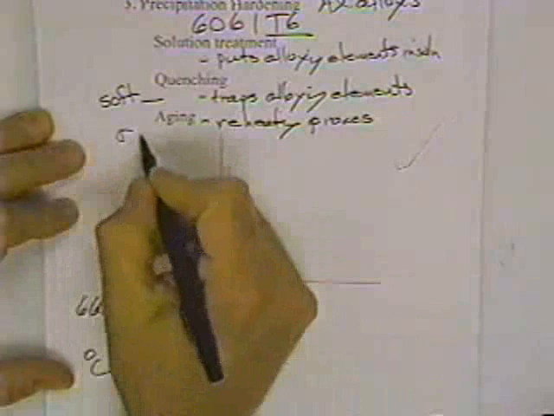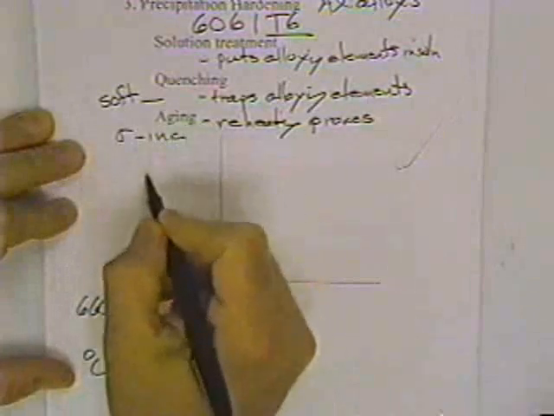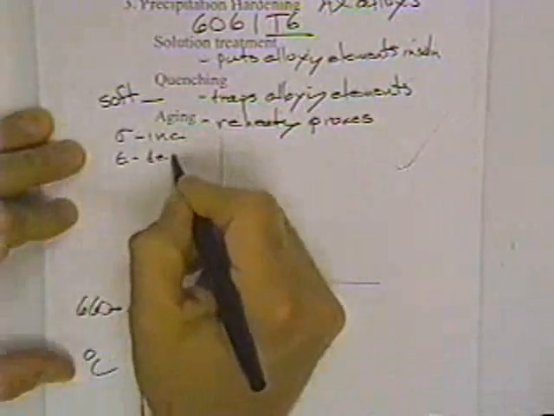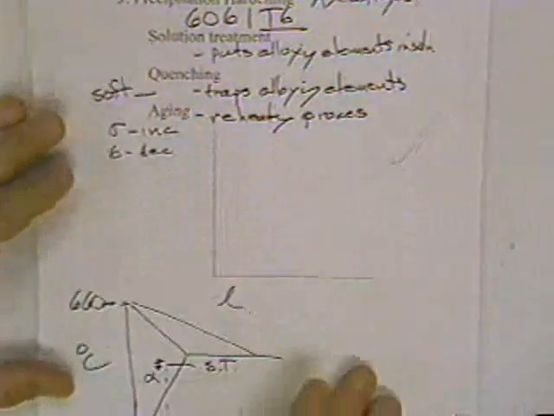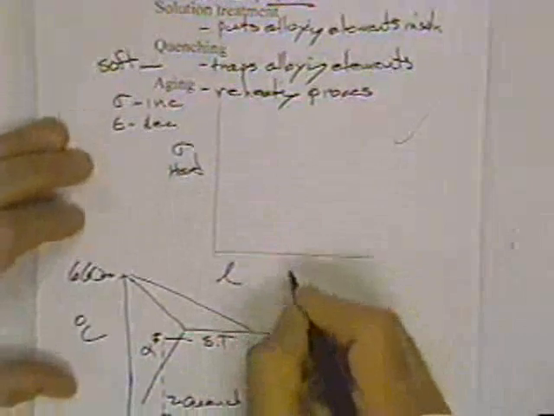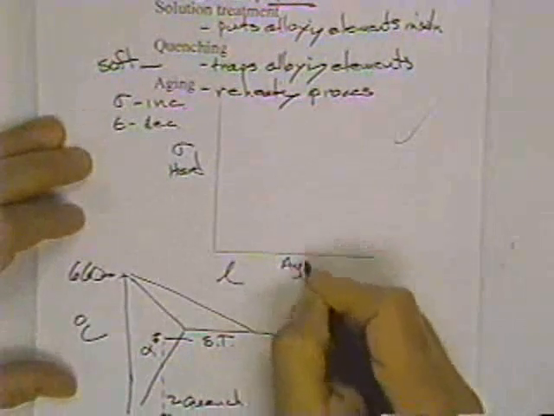Aging is a reheating process where now we're going to distribute the alloying elements, and actually the strength is going to increase. So strength will increase during the aging process. Similarly, there's no free lunch. The ductility will decrease. So if we plot strength or hardness versus aging time,